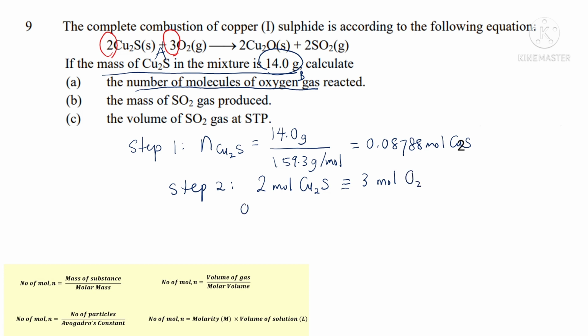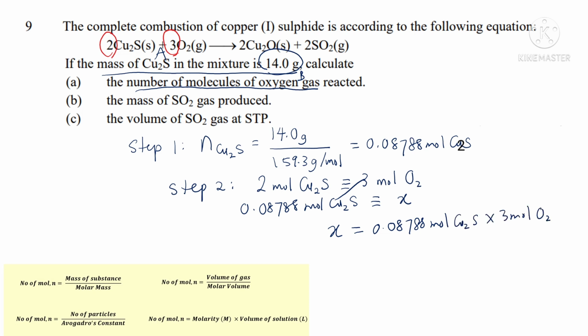And now we have 0.08788 mole of copper sulfide, and that is equivalent to x moles of oxygen. To find the x moles of oxygen, again we do cross multiplying. 0.08788 moles of copper sulfide multiplied by 3 moles of oxygen divided by 2 moles of copper sulfide, and moles of copper sulfide we can cancel out to give us the number of moles of oxygen as